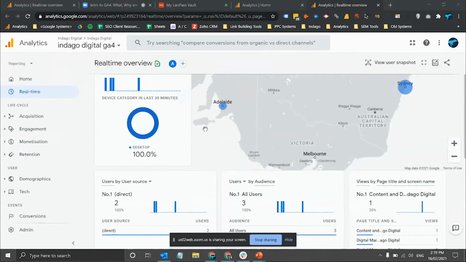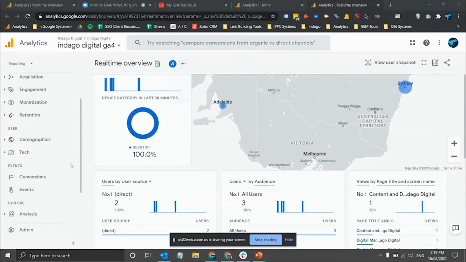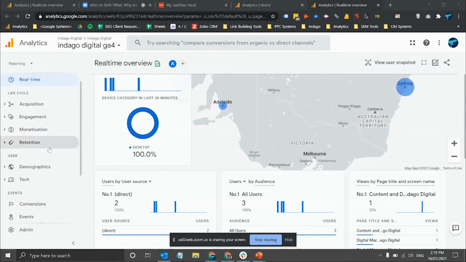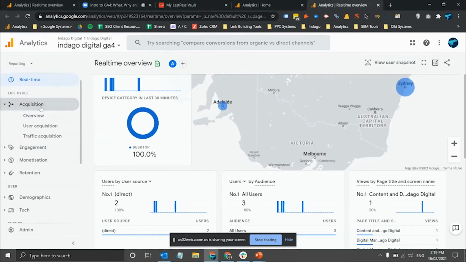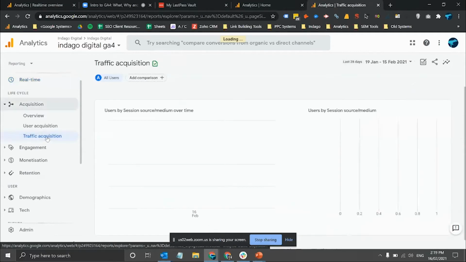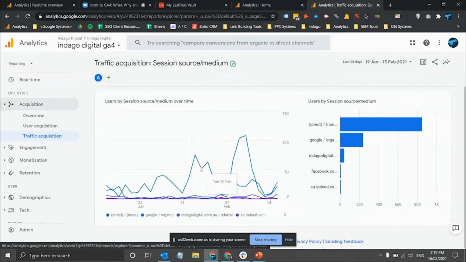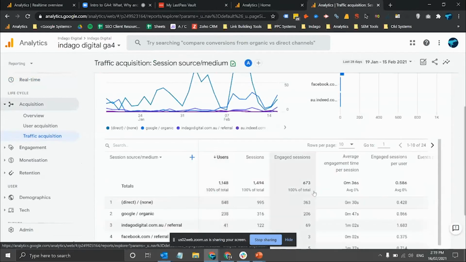All right, cool. So this is what GA4 looks like. Same but different, I'd say. There's the usual left-hand navigation bar. Some of the sections are the same as Universal, but there's a few that are different. For example, acquisition is something that you'd find in the Universal Analytics platform as well. So if you look at, for example, traffic acquisition under the new GA4 acquisition section, you'd find that it's very similar to the source medium report we're all used to looking at